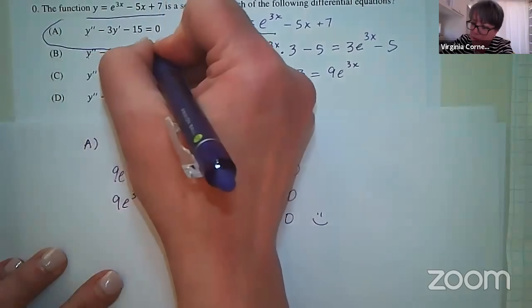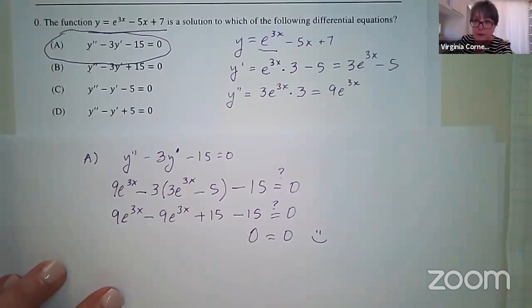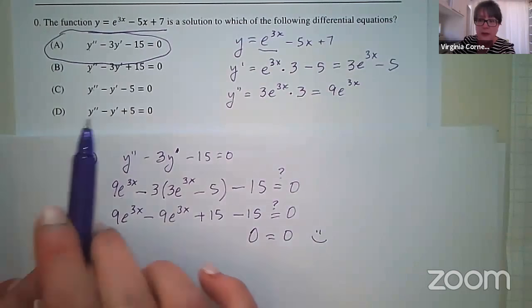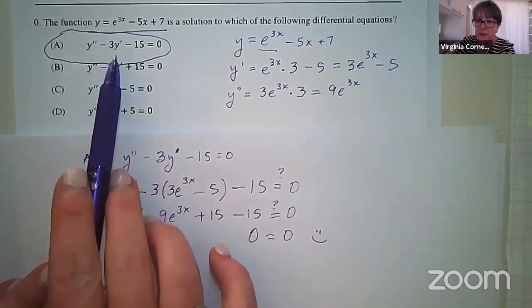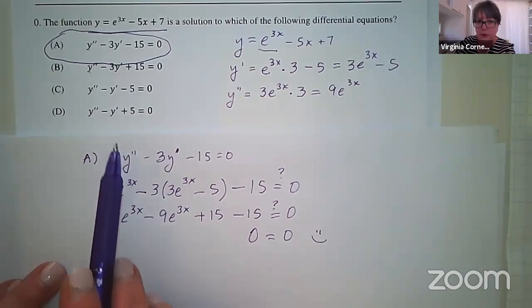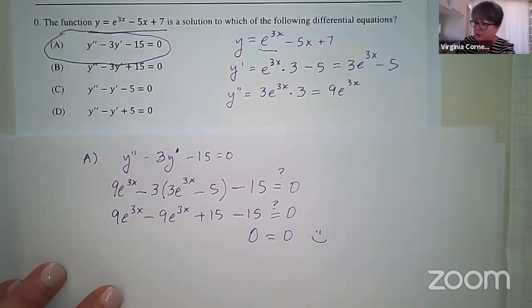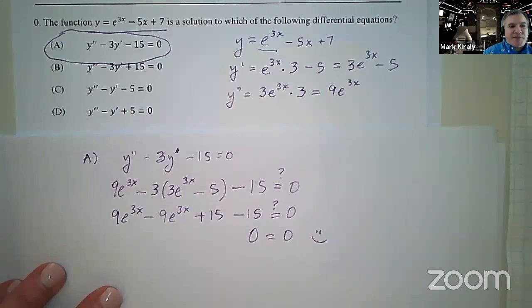Now, realistically, would this be a question on the AP exam this year, 2020? No, because maybe this is new information for you, but there are going to be no multiple choice questions on any AP exam, not just on calculus. You might say, well, this was a waste of my time. Actually not. This is excellent calculus right here, and this is how you would verify whether these could be a solution to the differential equation. This question could easily be a free response if you take B through D away and just say, verify this is a solution to this differential equation. And then you do have to show the steps that Verge showed.